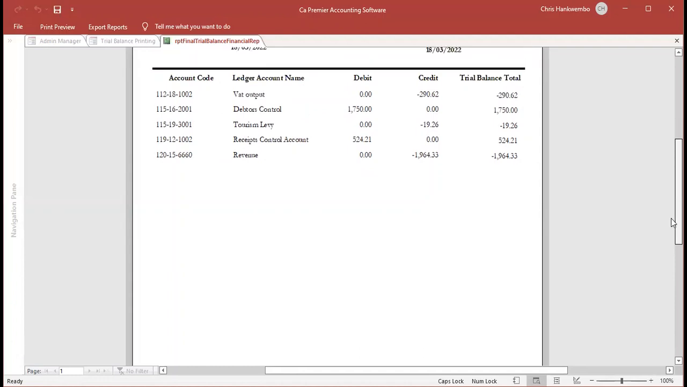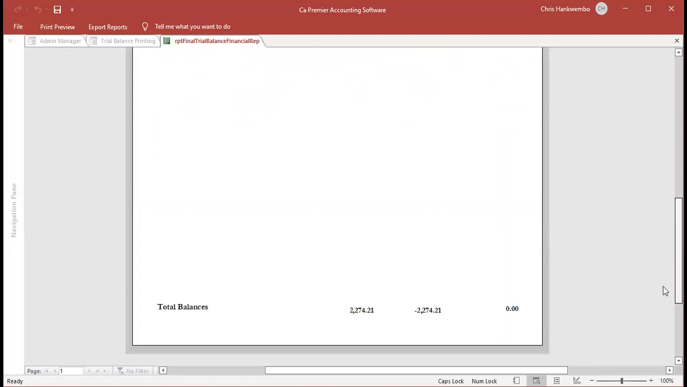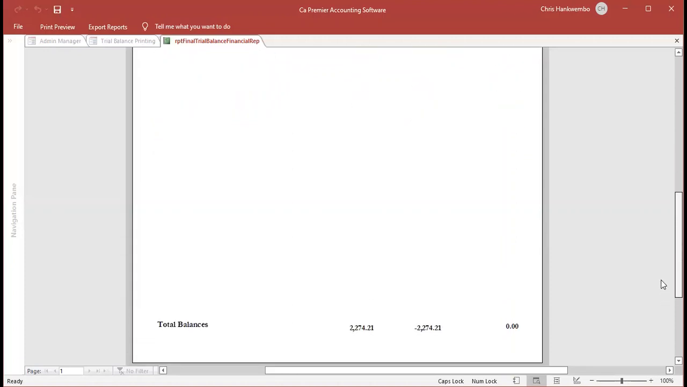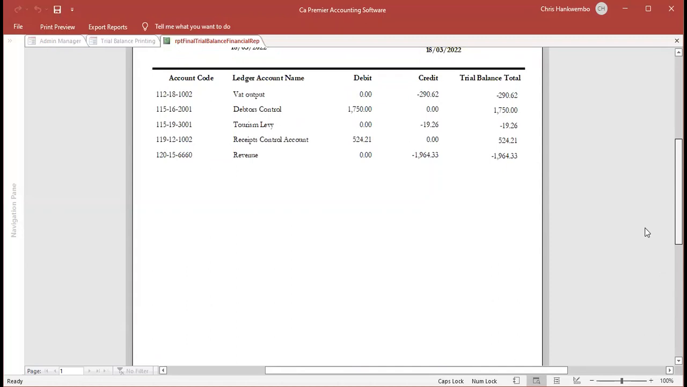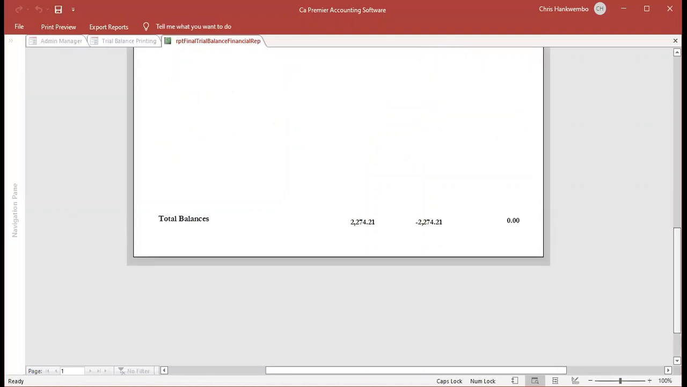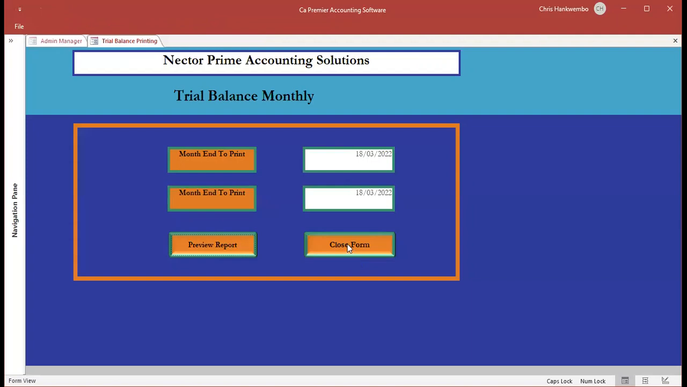So all it has done is separate whatever is supposed to go under revenue to revenue. Those amounts which are supposed to be separate are also separate. My trial balance is also balancing here. This is where we end. I just wanted to show you how the system works and how you can be sending the invoices to ZRA. If you don't